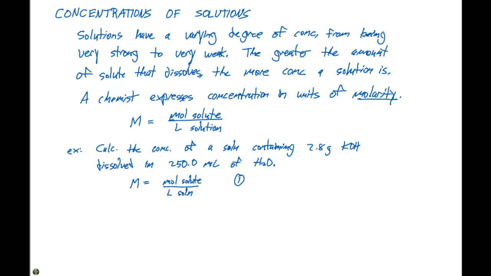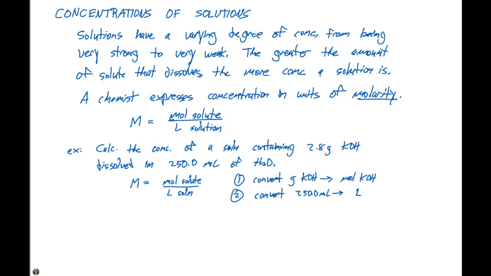Step one is going to be to convert the grams of potassium hydroxide to moles of potassium hydroxide. Then the second step is going to be to convert 250.0 milliliters to liters. Once we do each of those, we can take the moles, divide them by liters, and get